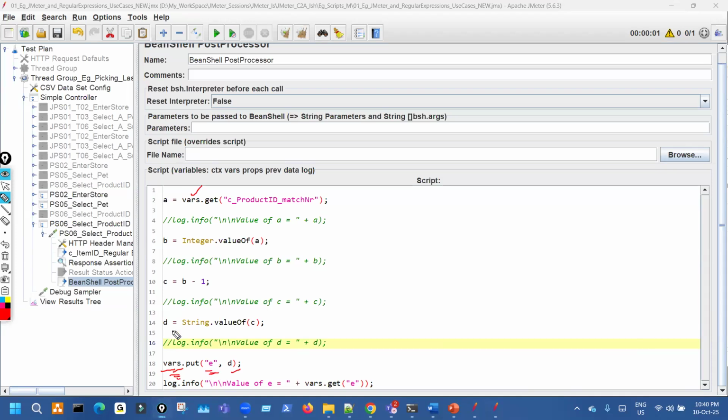So D is a variable, right? And D I'm calling here. So what is the value of D? See, the mathematics has happened, right? So 6 minus 1, so the value of D is 5, right? Now this 5 will be put into E. Now this E,